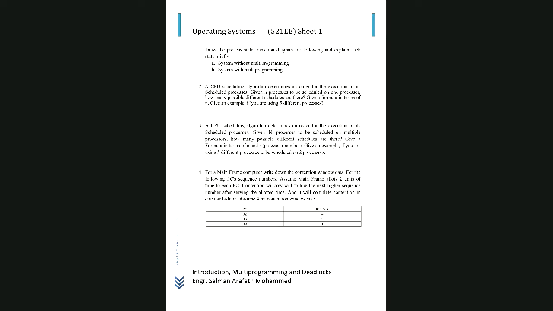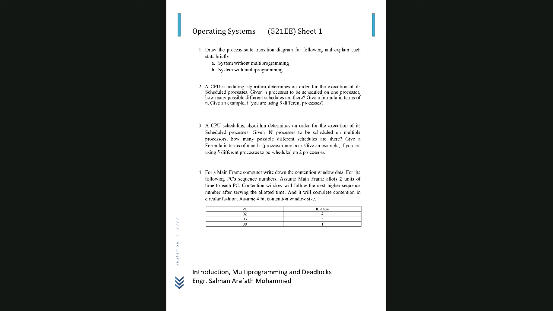For example, if you have three processes, say process P1, P2, P3 are there. So tell me how many combinations. First you give process P1, then process P2 will go, then process P3. This is one schedule. Or you can go first P1, then next you give P3, and then next you give P2, so all the 6 combinations. Correct? Yes, clear. So this we get by common sense. That's our analysis, understanding.